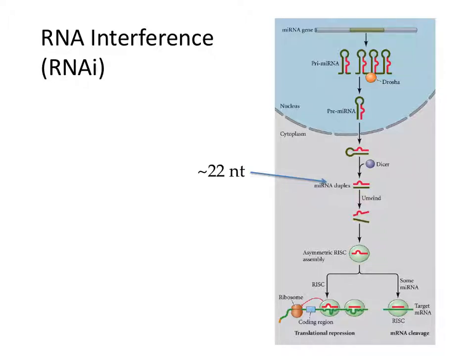So you design this gene for two purposes. One is it has to be identical or complementary in sequence to a gene you're trying to turn off. And it then also has to be able to fold up to this particular shape. And if it can make that shape, it'll be bound by dicer and processed so that your single-stranded RNA molecule that will target the gene you want to turn off binds the RISC